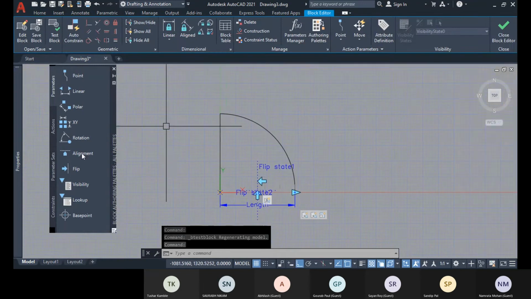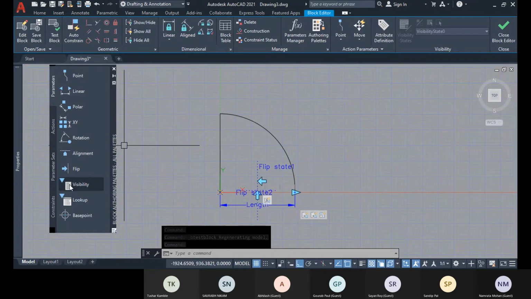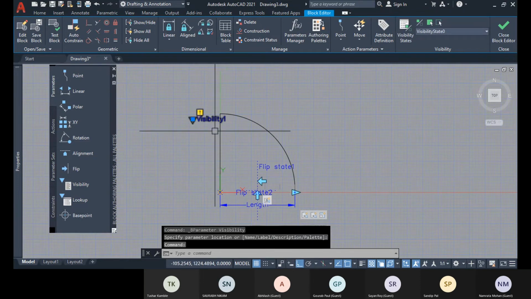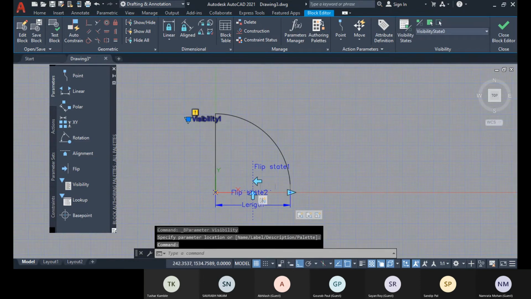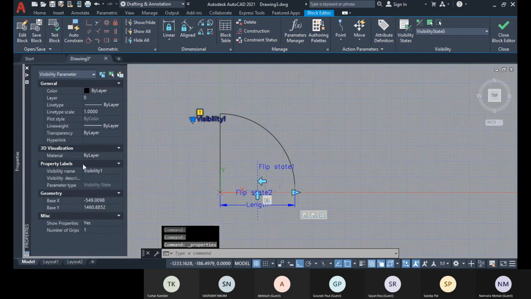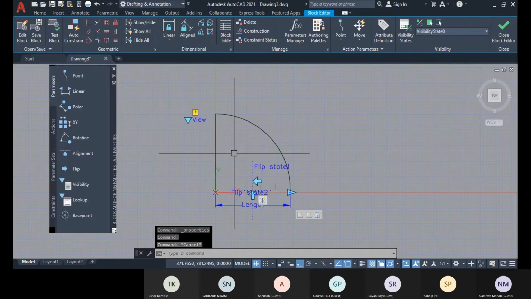So now what you can do is go to this visibility over there. You mention the visibility. You can change the name, like view, and you go to this visibility state.